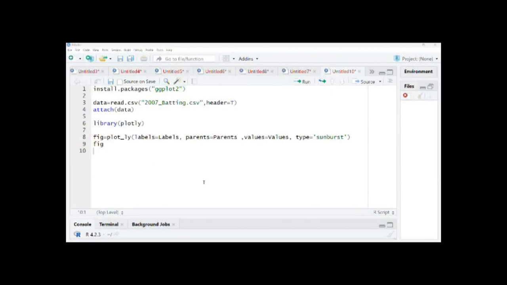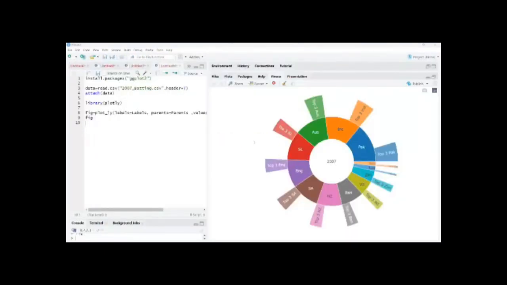After that, figure equals plot_ly, in brackets, labels equals capital LABELS, parents equals parents, values equals values, type equals sunburst. Here, these labels, parents and values are the headings of the Excel file. After that, we put figure and we will get our required diagram. So this is our required diagram. 2007 is at the center,